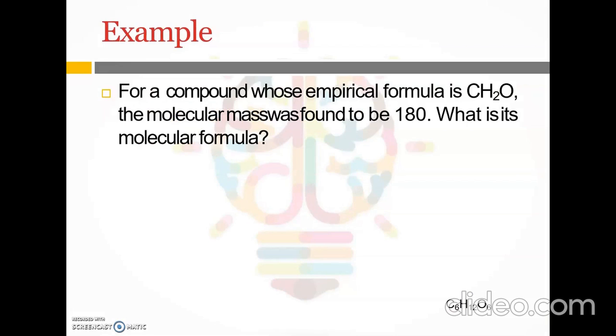So kita cuba soalan yang pertama ni. Okay, for a compound whose empirical formula is CH2O, the molecular mass was found to be 180. So what is the molecular formula? So kat sini tak payah carilah empirical formula. Tak mula daripada awal lah, kita dah bagi empirical formula siap-siap. So kita cari dia punya mass by using this one. So ada 1 C, ada 2 H, ada 1 oxygen. So 12 plus 2 times 1 plus 16. So you akan dapat